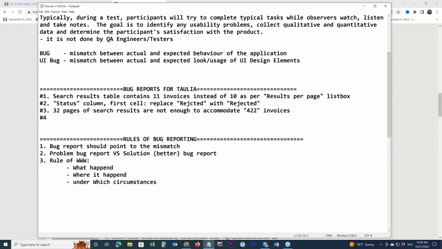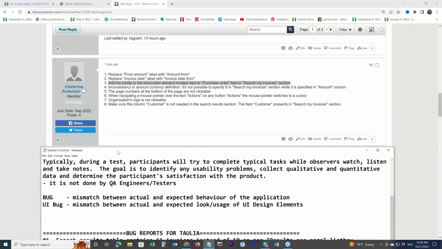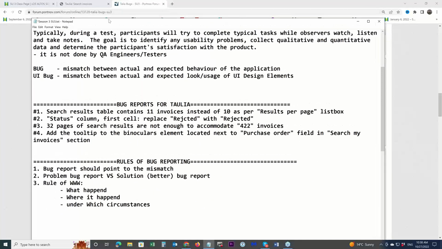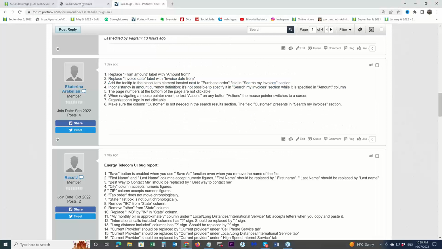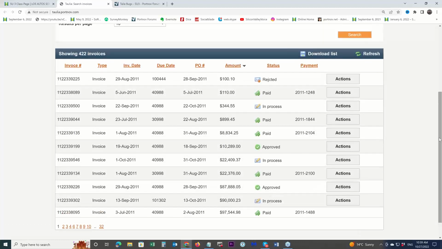Number 4. So, who is that? Ekaterina. Okay. So what Ekaterina says, first of all, what is a tooltip? Tooltip is a little help which comes when you navigate your mouse pointer over some objects, let's say that icon, yeah?